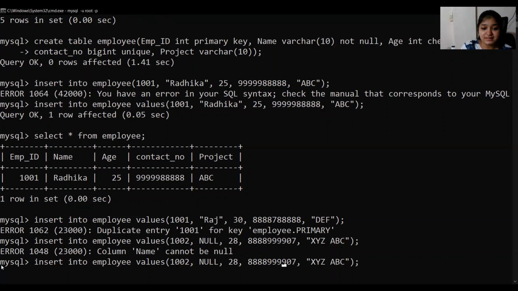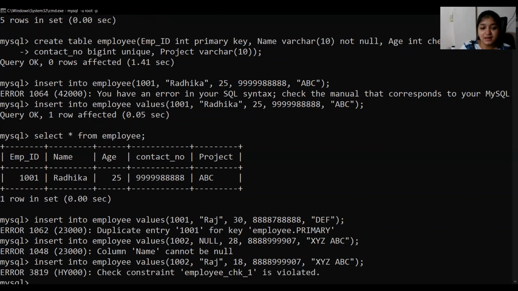Now let's give some name over here. Let's give name as Raj, and here maybe let's give age as 18 and let's try if it works, because we have given condition that our age should be greater than 20, right?